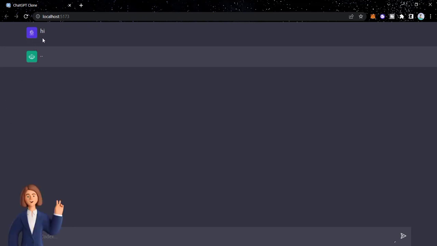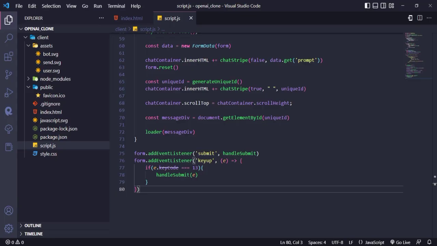Now let's check what we have. If you reload your page and go to Ask Codex here, then type hi, then press enter, you will see that we have hi and our AI is actually thinking and adding dots. Perfect. We are ready now to build our backend application